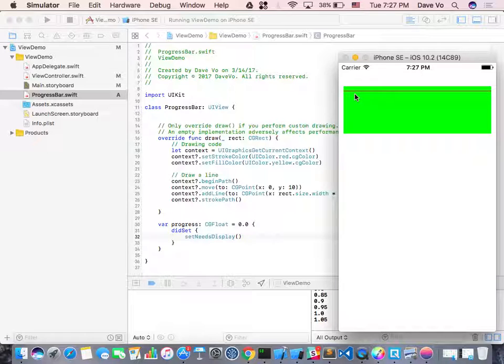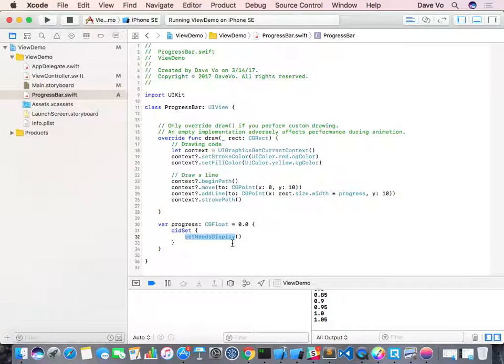So that's why we do the manual draw. We want to draw some progress bar. It's the ugly one, but for example, if you want to do a progress bar, we can make it thicker, like 5 pixels or something, and make it move from 0 to 100%. So here what we have is set needs display. It's made to refresh the view for you. The one I used earlier, layout if needed, and then layout subviews,